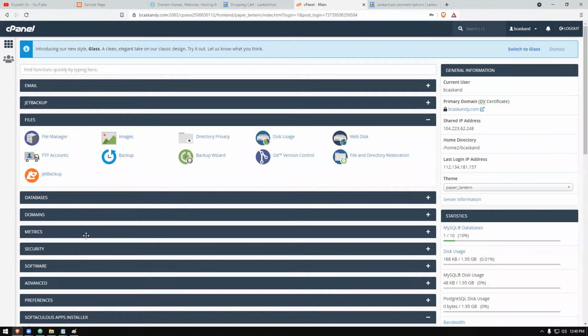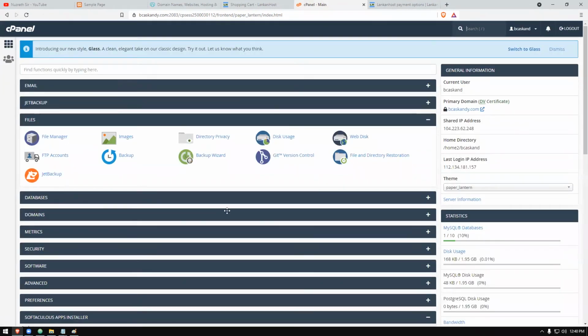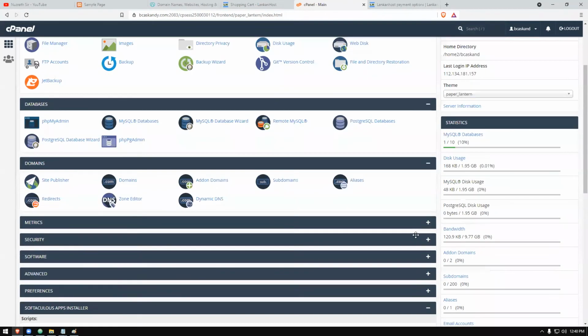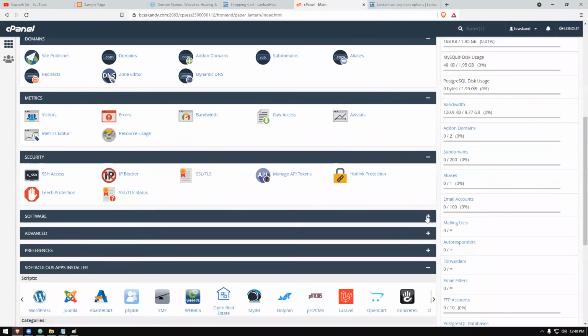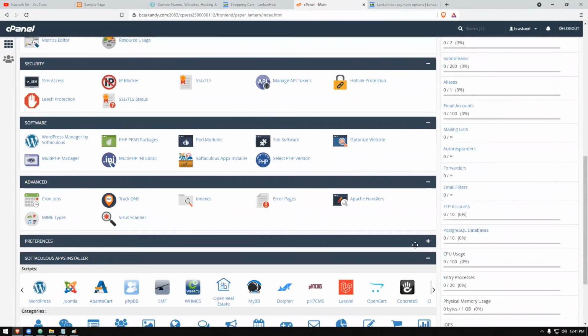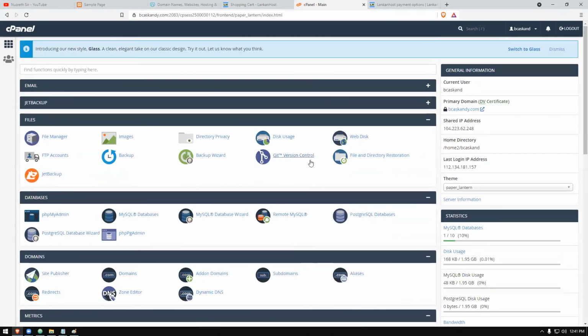Once you have logged in to your cPanel, this kind of interface will be visible to you, right? I have minimized certain things because I'm not working with everything. If you want to see under all these accordion sections, you have a lot of information. This might sometimes be overwhelming and make it difficult to find information. So I just keep things closed, so you can keep them nicely organized. Out of this, honestly, I don't use all these features.